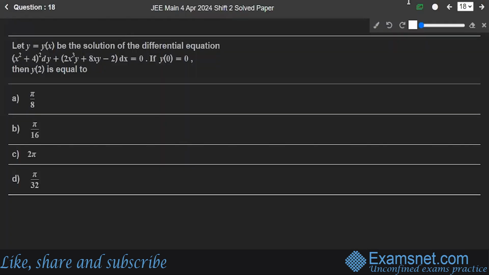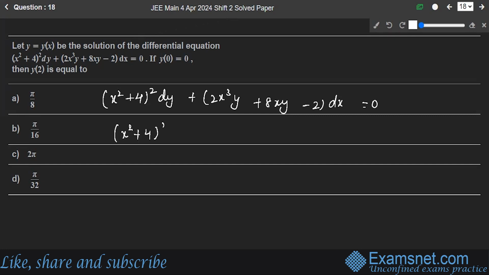Question number 18: let y = y(x) be the solution for the differential equation. If y(0) = 0, you have to find out y(2). Let's write down the differential equation. You have (x² + 4)² dy + (2x³ + 8x)y − 2 dx = 0. Or you can say (x² + 4)² dy is equal to minus this,